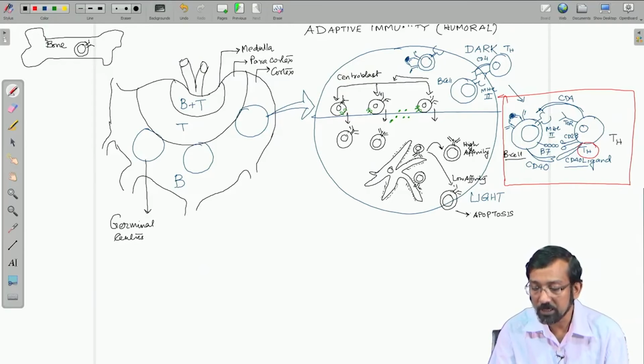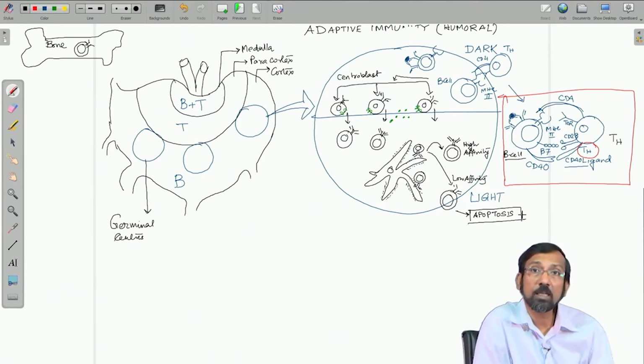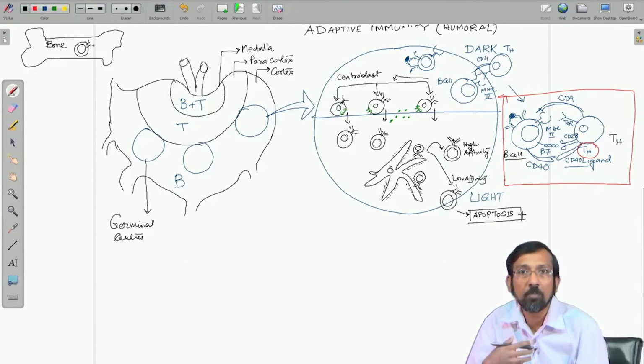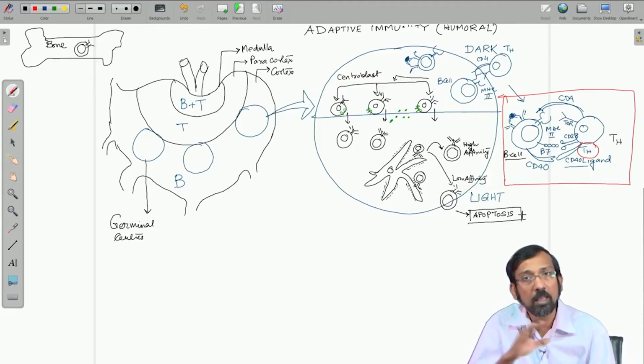So, now they are excluded. As I told, all over the immune system, we get this kind of selection processes where the best is selected, and those which are not good are rejected, and those cells die by apoptosis